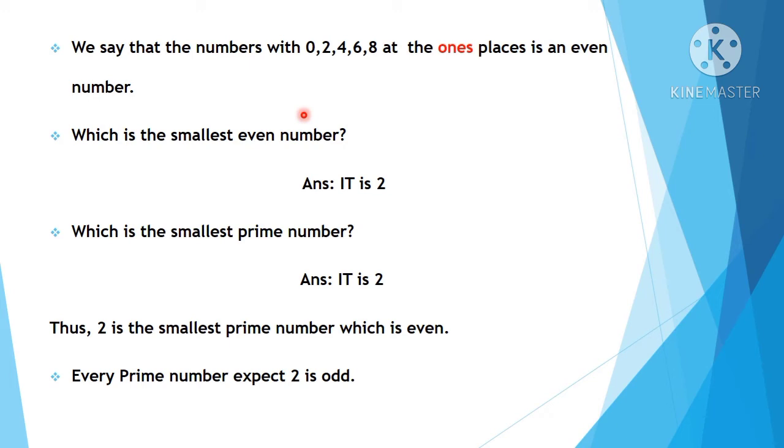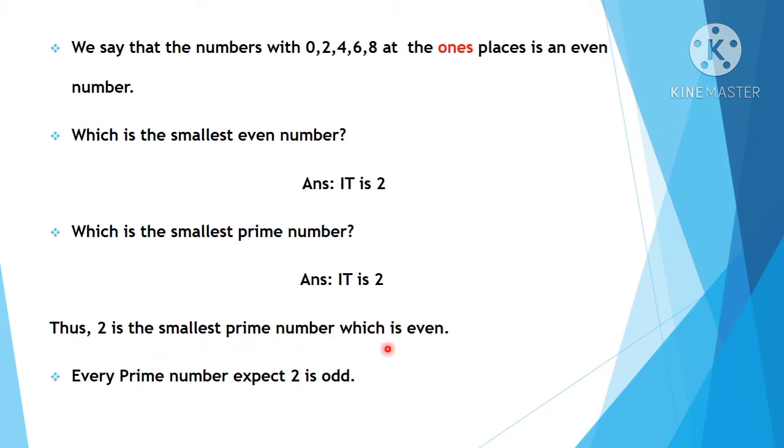2 is a prime number and also an even number, right? 3 is a prime number but it is an odd number. Then check 5. 5 is a prime number but it is an odd number. Then 7 is also a prime number and an odd number. So which is the smallest prime even number? 2. Every prime number except 2 is an odd number. You can check it, children. After the session, you can take a piece of paper, write all the prime numbers and check. You will have only 2 as an even prime number.